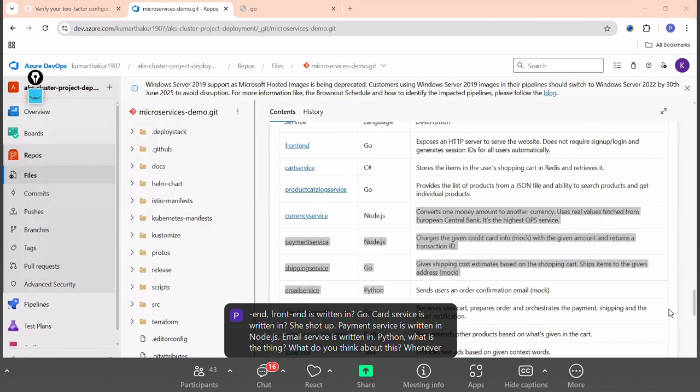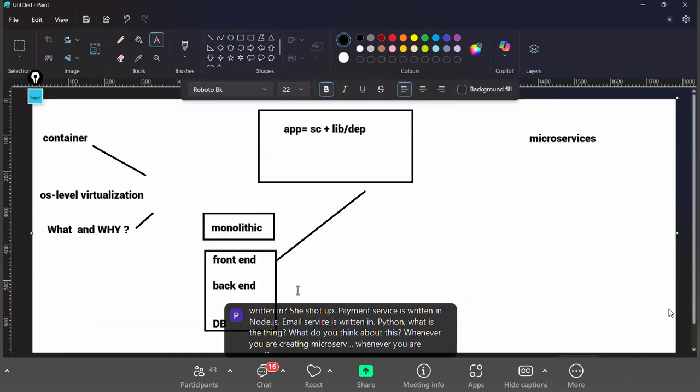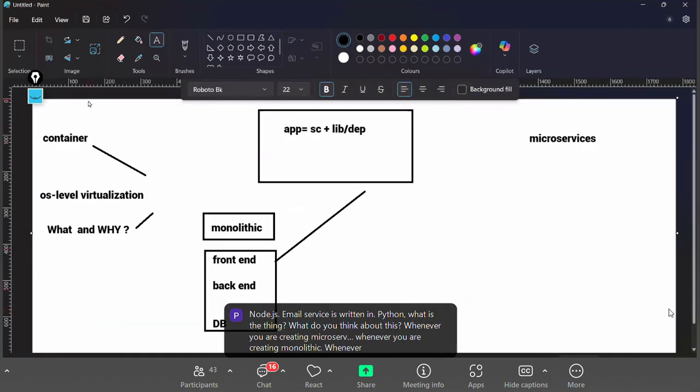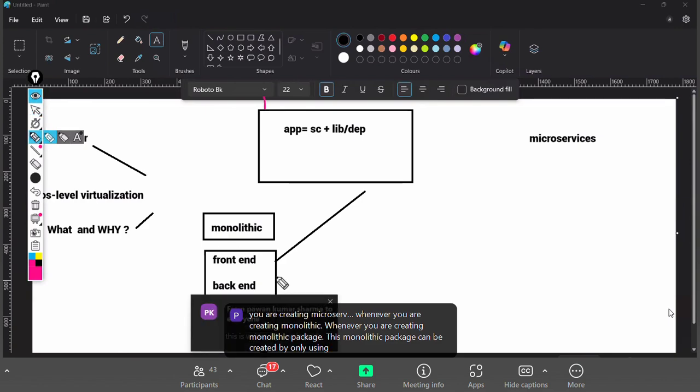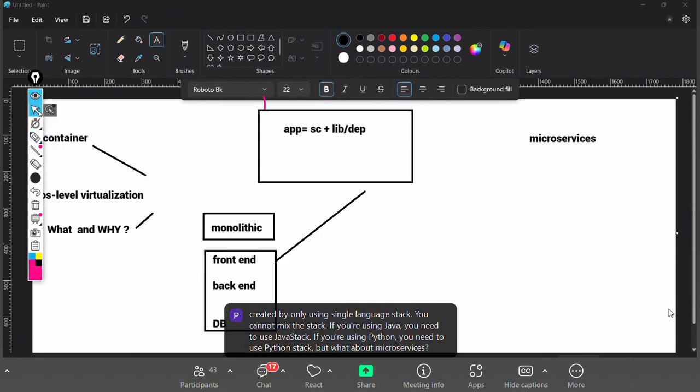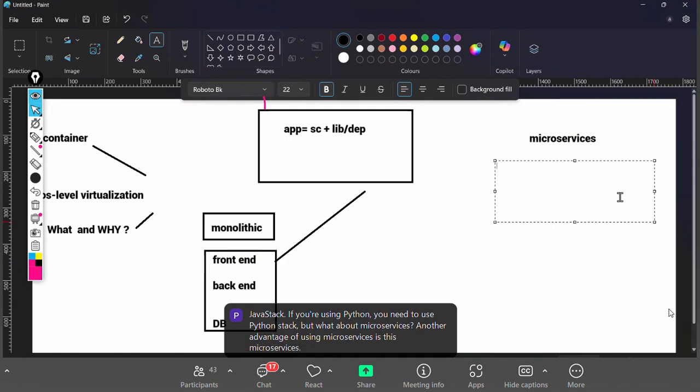Whenever you are creating monolithic package, this monolithic package can be created by only using single language stack. You cannot mix the stack. If you're using Java, you need to use Java stack. If you're using Python, you need to use Python stack. But what about microservices? Another advantage of using microservices is that these microservices can be created by using